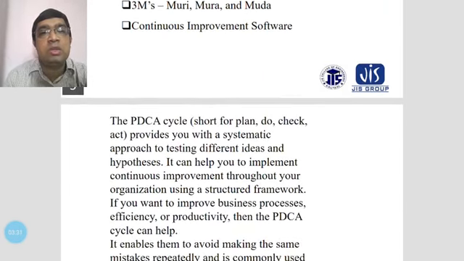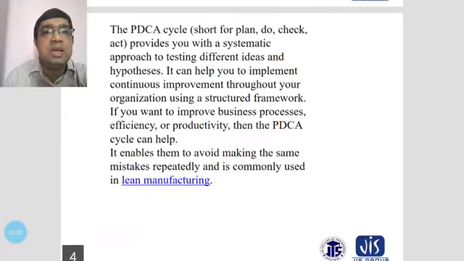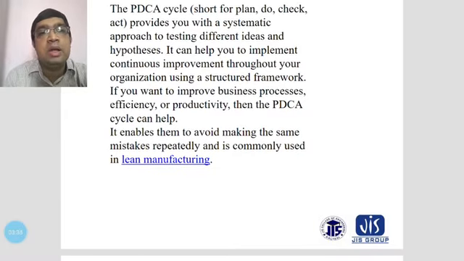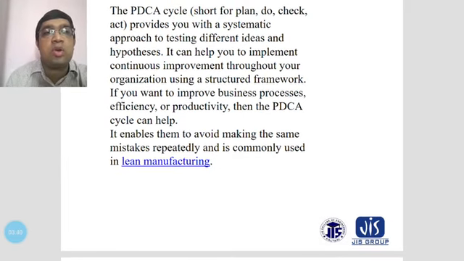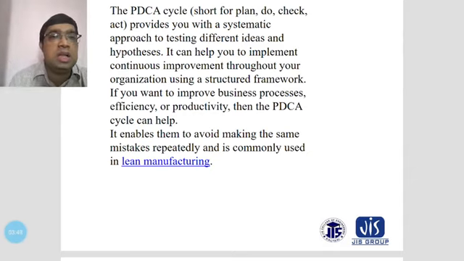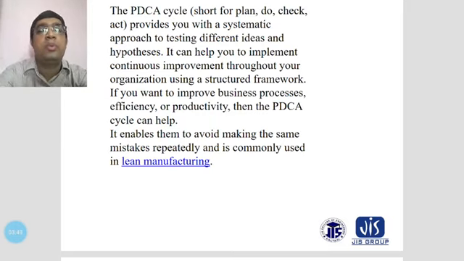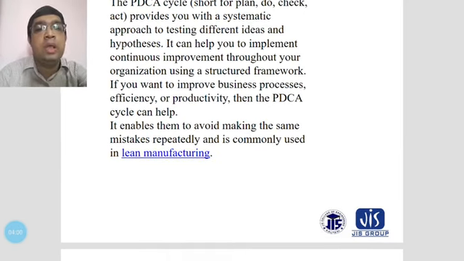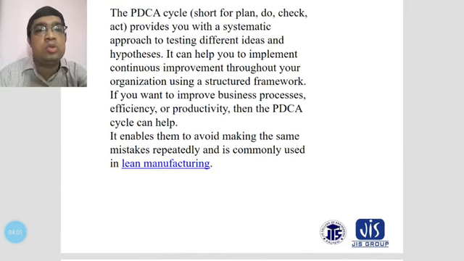The first to be discussed is PDCA, that is plan, do, check, and act. This is the short form of PDCA. You first have to plan your product, that is, how you will introduce a good quality product and how you will improve it. This is considered according to the different plans available when you consider the PDCA cycle.